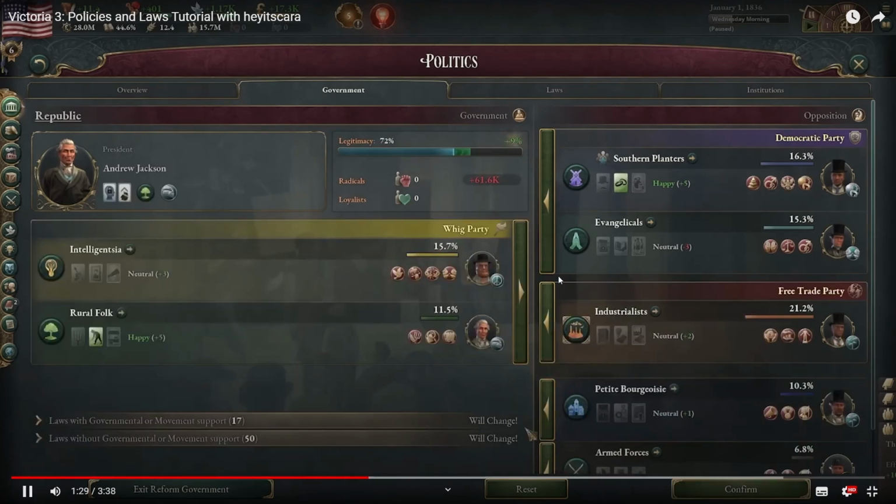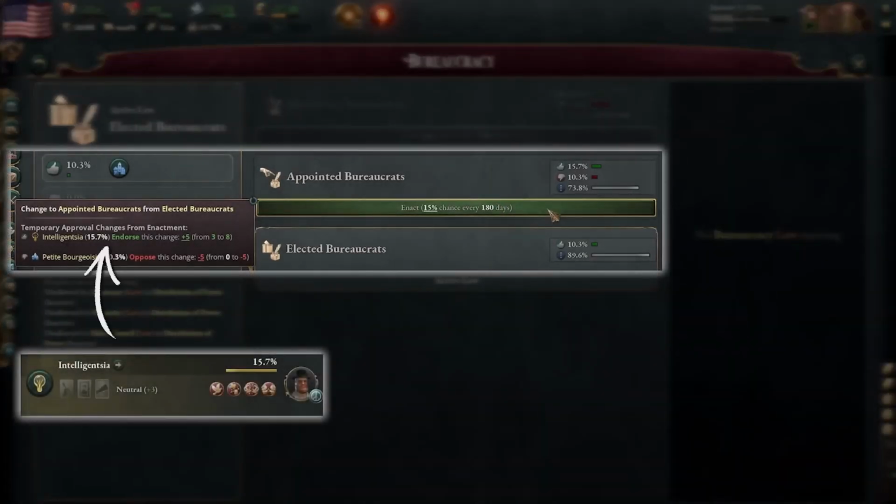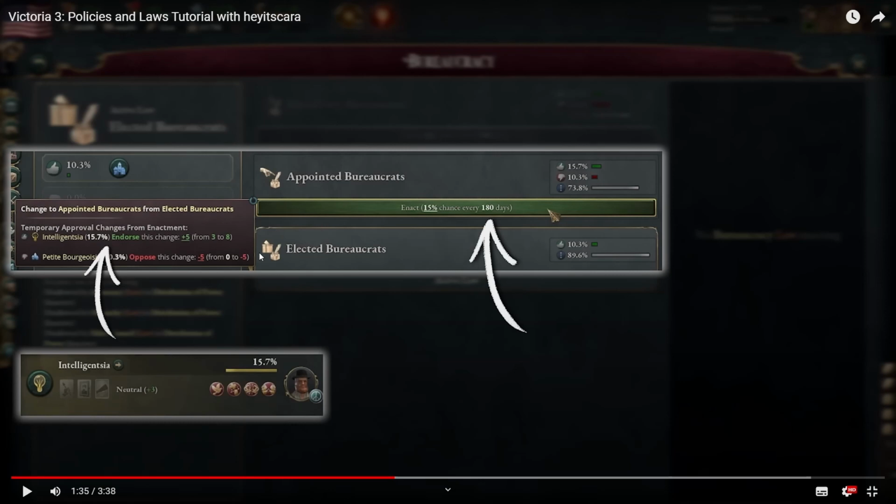Then you can begin the process of enacting the law. Laws have a percent chance to pass based on the clout of the interest groups that endorse it, and the length of time between the